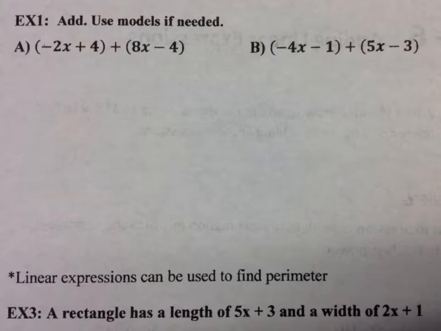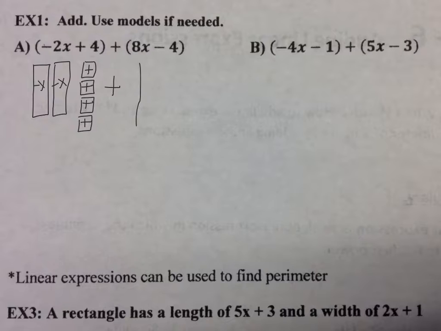Alright, so for letter A, if I see negative 2x, I'm going to draw these x bars, and I'm going to make sure I put a negative x inside of them, and I only draw 2 of them. Then I have plus 4, and plus 4 is these little tiles, so I'm going to draw 4 of these little tiles, and I'm going to put a positive sign in them so I know that they're positive 4. Now I'm going to add 8 x's,